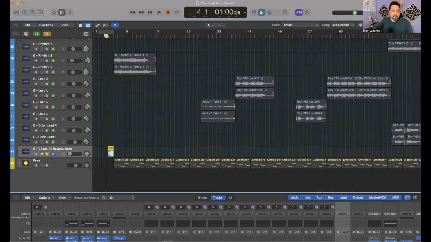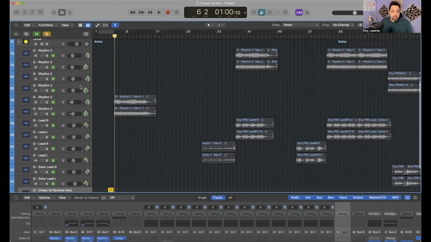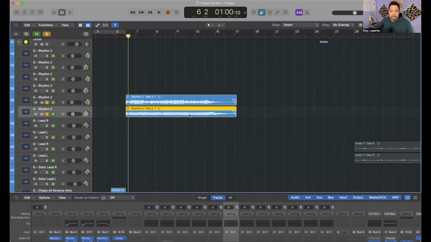Let's start here. This is a guitar part from one of these areas over here, but taken and reversed. So that it kind of leads up to it. Then we have obviously the rhythm guitar here. On the left is actually higher, whereas on the right it's lower. So if we listen to just the right,